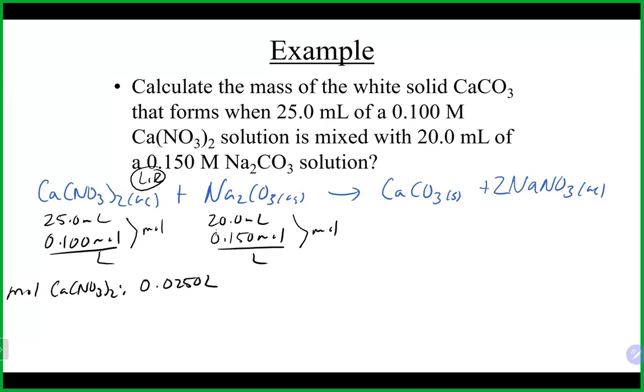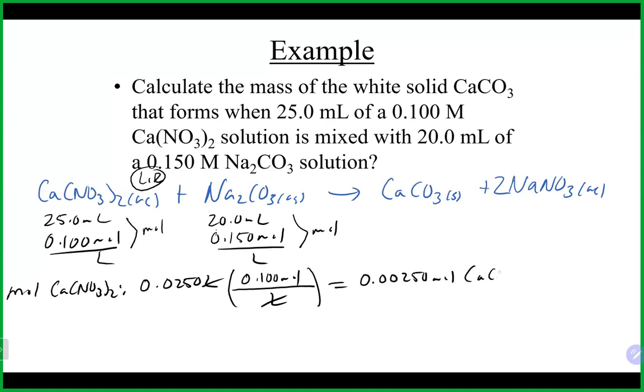That is dividing our milliliters by 1,000 to convert it into liters. I'm going to use my molarity like it is there, so 0.1 mole per liter. Liters are going to cancel. We're going to multiply the top there. That's going to give us 0.0025 moles